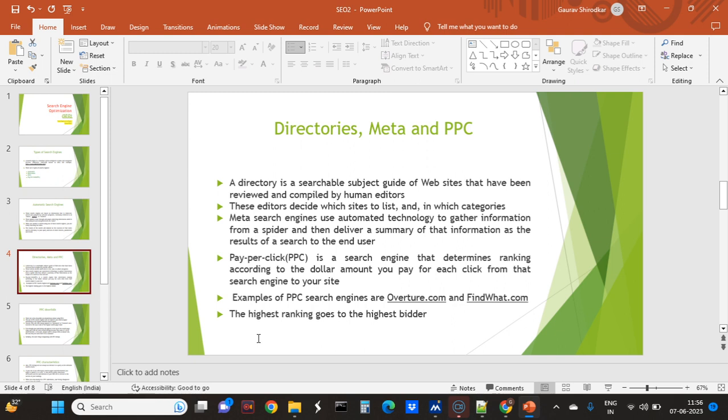Now we go to meta search engines. In meta search engines, we use automated technology to gather information from a spider. Suppose I have some program, and I want to see what the IP address and domain name of competitors near me are. That is a meta search engine. Also, search engines have various annotations. Suppose you want to search but only from one site, and suppose I want to search only from